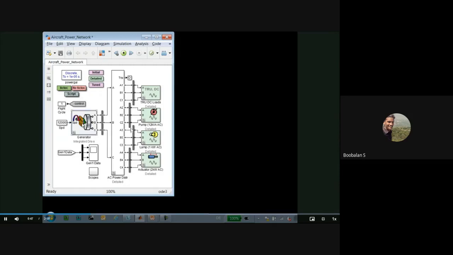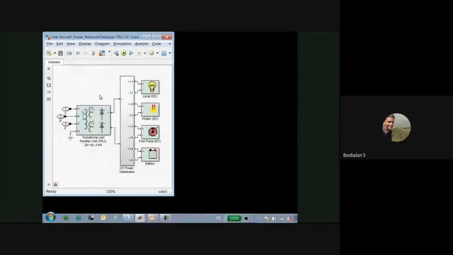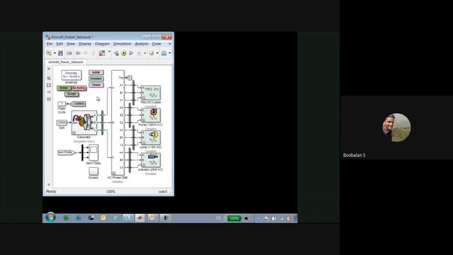Power network consists of a generator, an AC bus, AC components on the network, as well as a transformer rectifier unit with a DC bus. We would like to measure the power quality at different points in the network under different conditions. To start, I'll show you how to do it interactively for just the generator, and then I'll show you how to automate that process using MATLAB. First, we're going to run the simulation to collect the data we need to calculate total harmonic distortion.